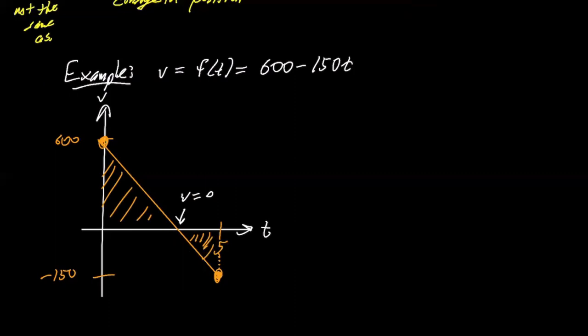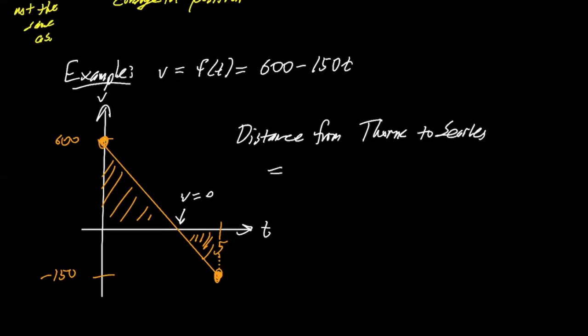But if you wanted the actual distance from Thorn to Searles, which is a change in position, a change in location, let me give these names again. This is A1, and this area is A2, then it's A1 minus A2,